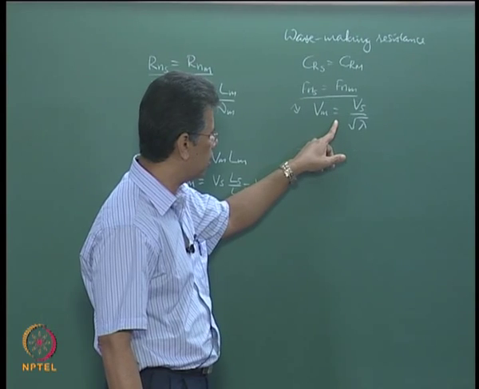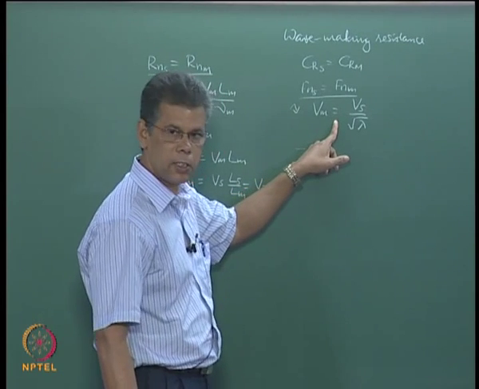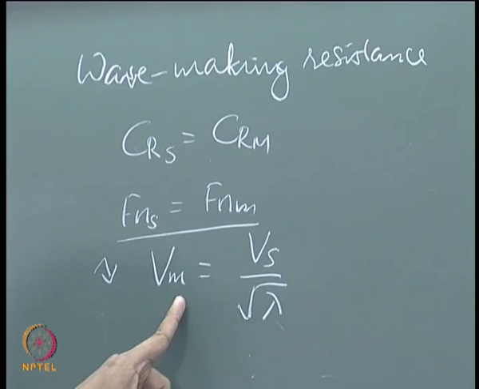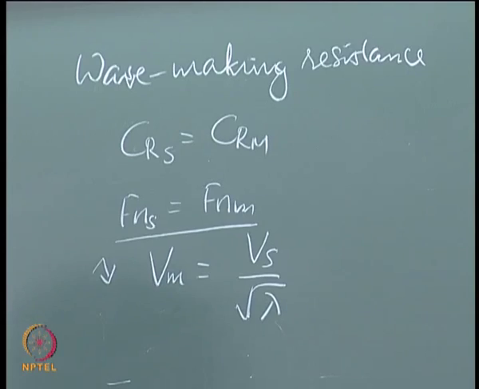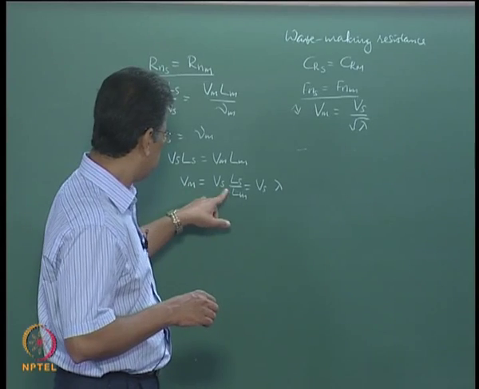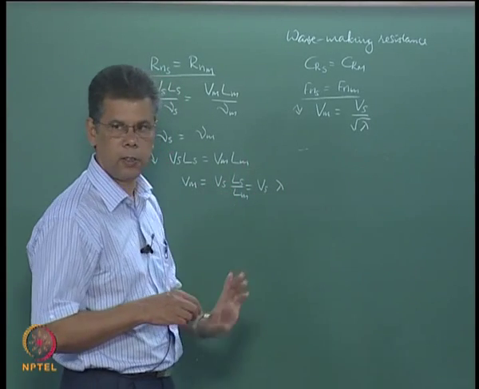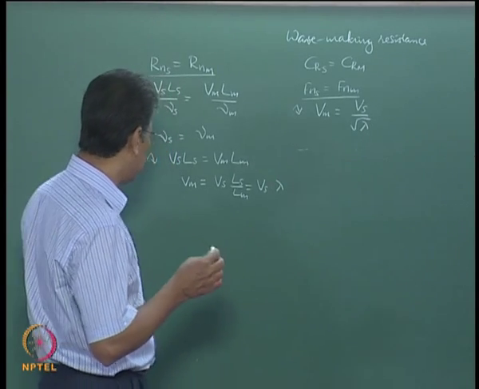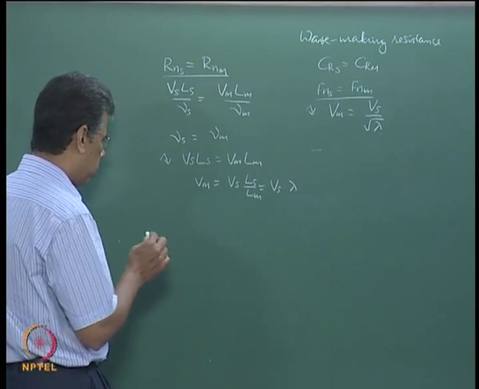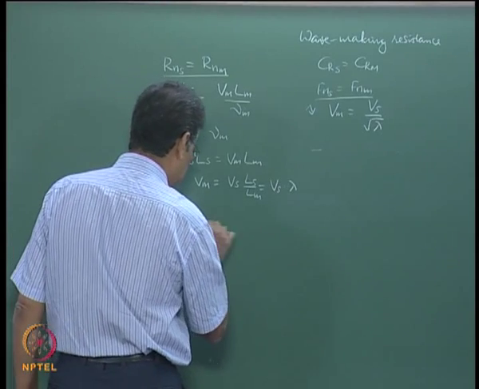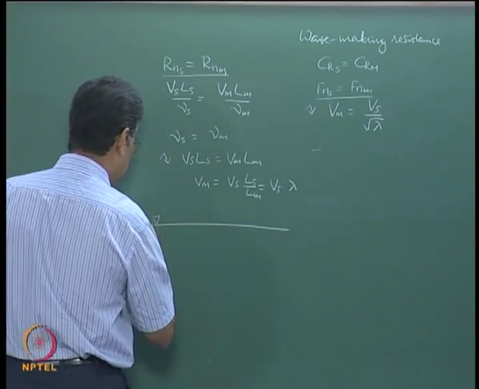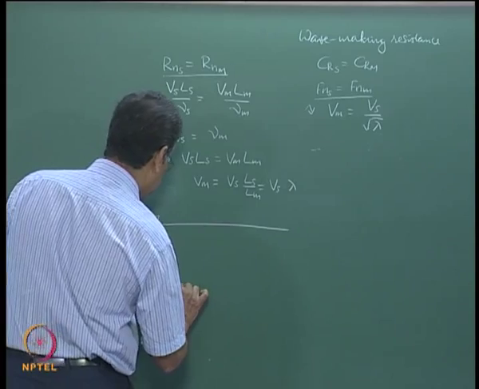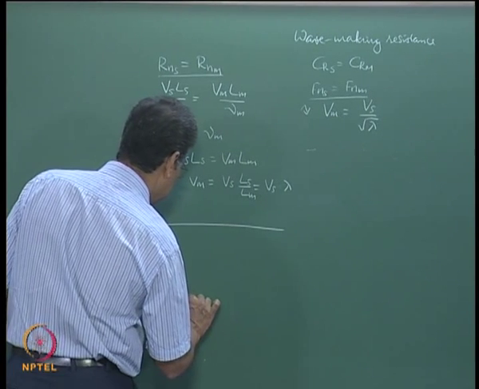If it is for the residual resistance estimation, the model has to run with this speed. If it is for the frictional resistance estimation, you need to have a submerged body and it should run with the speed in relation to that. So when you usually do the frictional resistance, when you say it is a submerged body, deeply submerged, suppose you consider this is the water level and the body is somewhere here, you consider this is a ship,